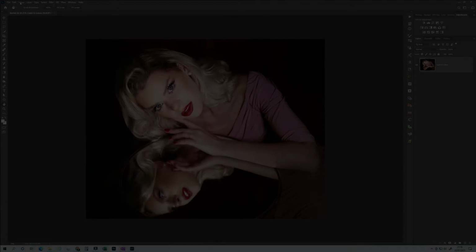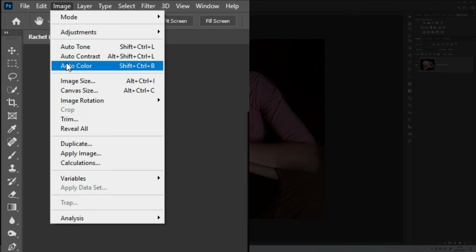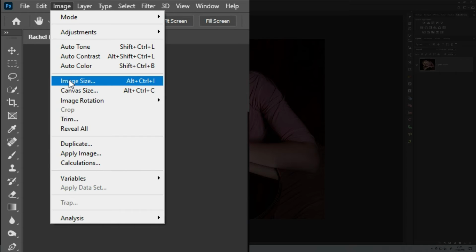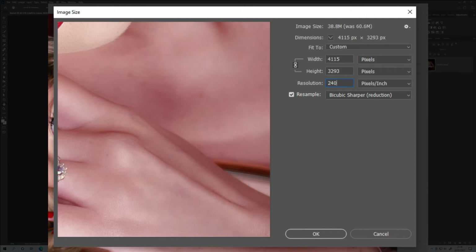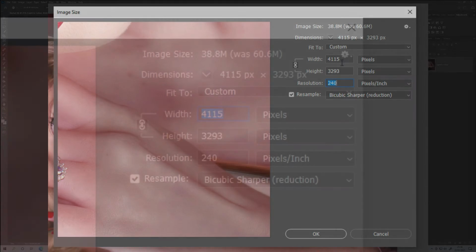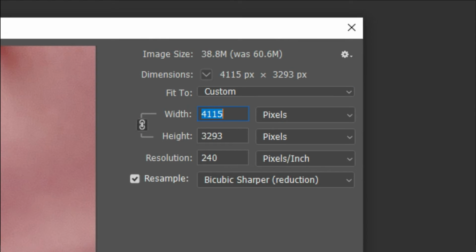To do that, we need to go to Image, Image Size, and the first thing that I would change, rather than diving straight into the pixel sizes, is the resolution. The resolution needs to change from 300 to 240. By doing that, it already changes the dimensions. What I would then do is change the dimensions to 1400